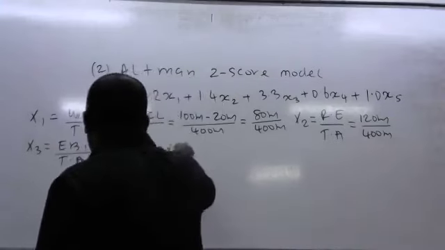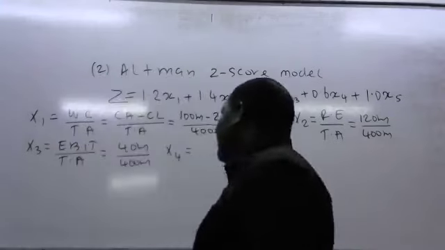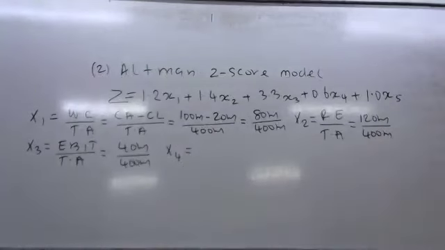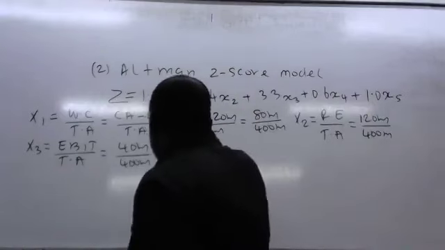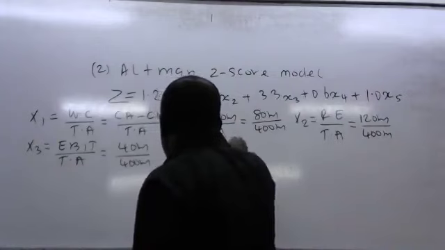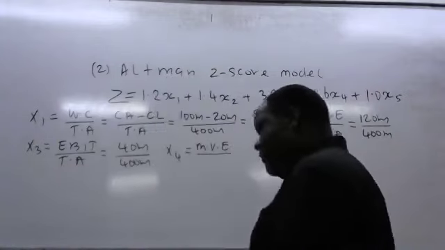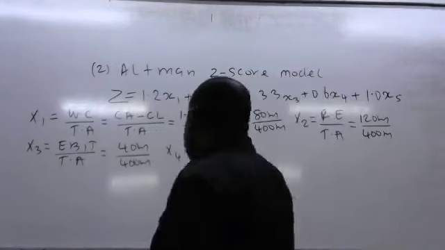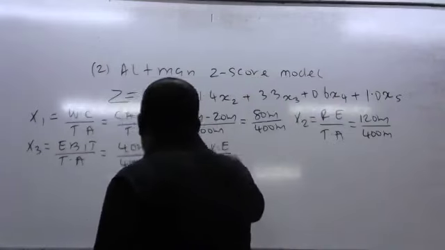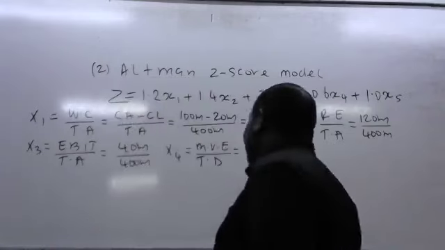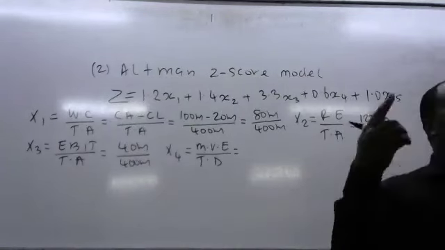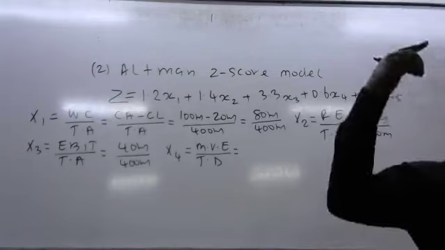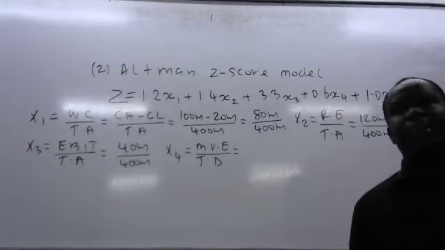Then we also identify X4. So X4 is supposed to be market value of equity. We divide by the total debts. So market value of equity, we simply take the number of the ordinary shares multiplied by the current market price